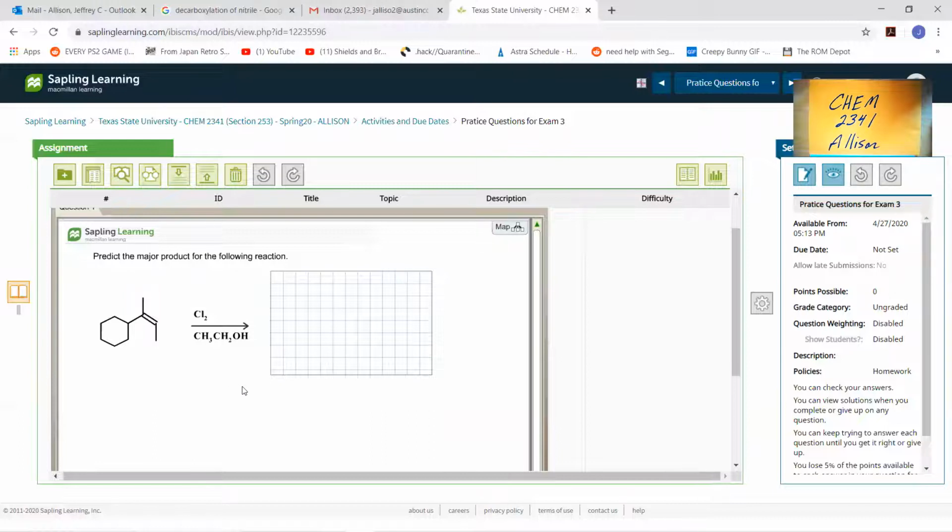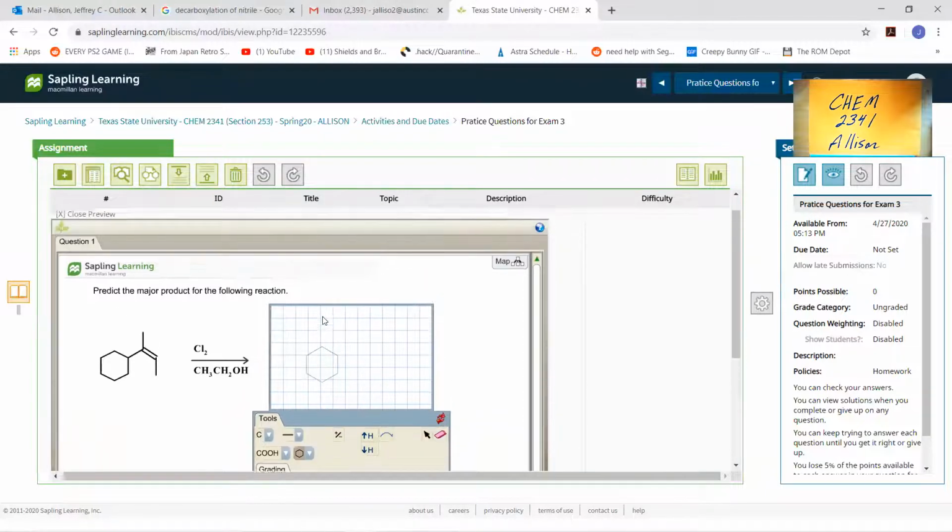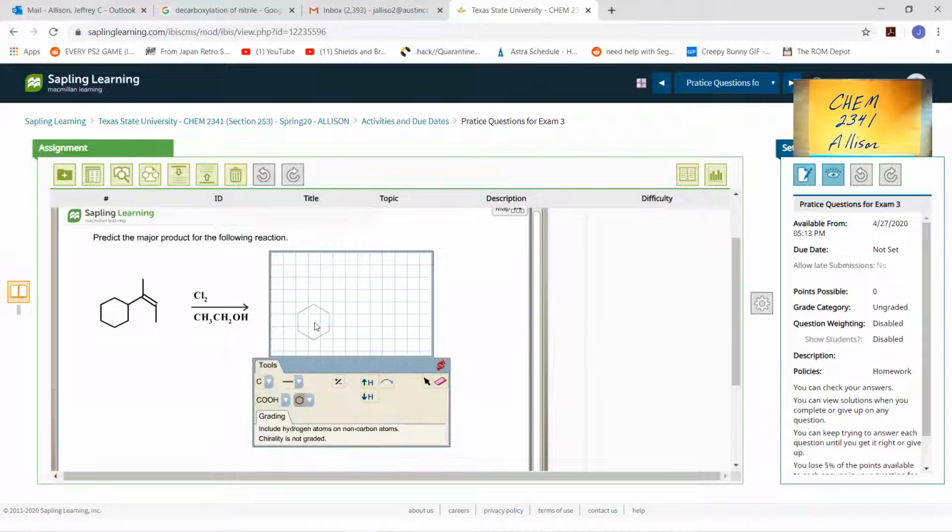most stabilized. I'm not going to draw all that out because that is in the notes and I have gone through that before. This is just more to show you how you would input the answers. Notice also in here it's singular for product, so it only wants one product. So even though there may be more than one stereoisomer possible, it's indicating it doesn't want you to do that by saying that. Also notice there are no hydrogens drawn on the structure, so I'm going to leave the hydrogens